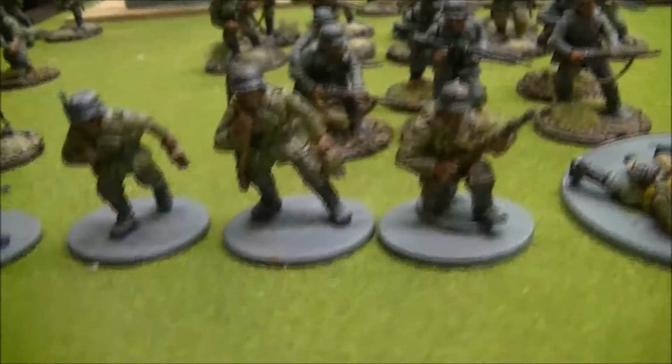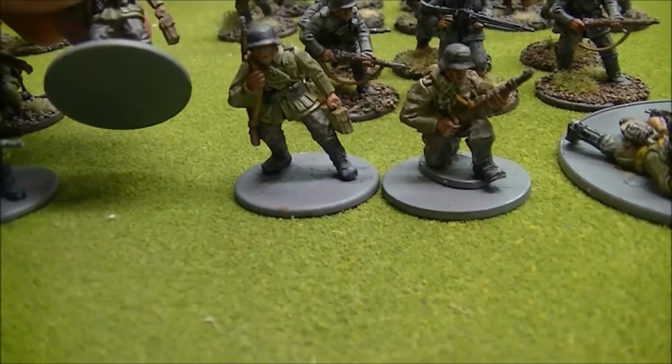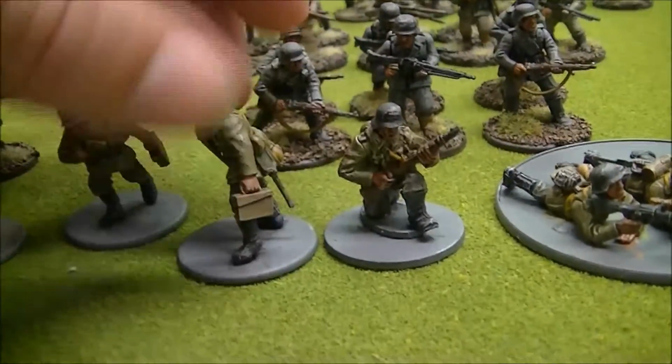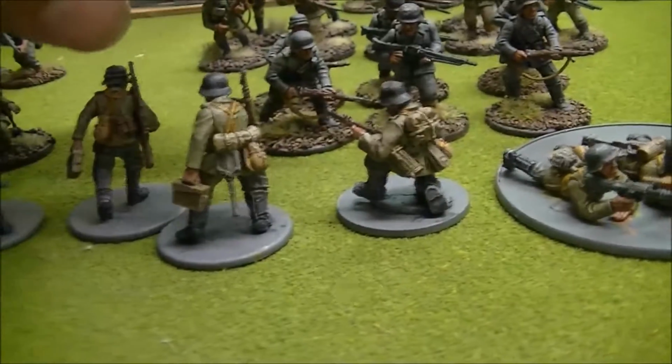So all I did was take this and fill in the rest of the base colors. Then I did some dry brushing, and then I did a wash. And you know, they look tabletop ready for very minimal effort. And then after I get everything done,